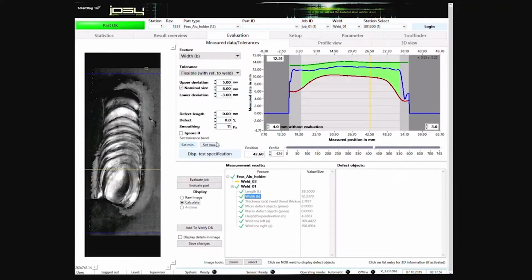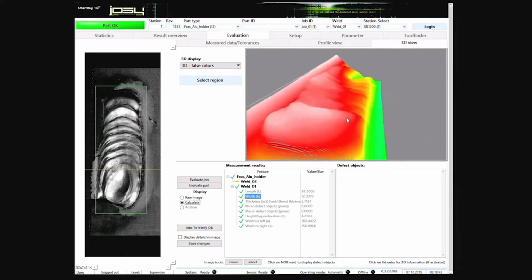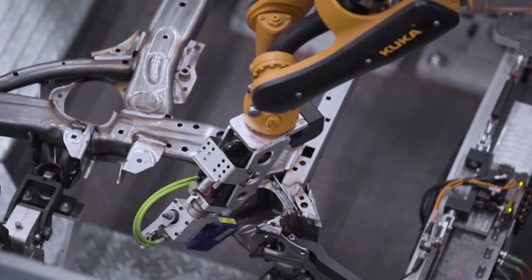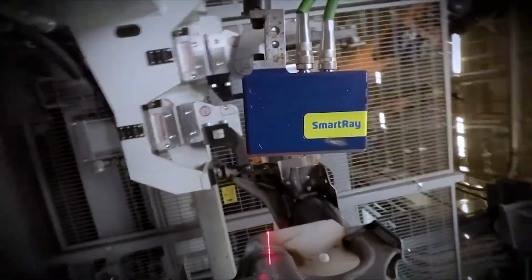Being able to record data around missing welds, shape, length, throat thickness, and porosity will help to narrow down which aspects of the production process are weakest. With an automated 3D weld inspection system, you can find the problem welds that manual weld inspection could have missed, meaning recalls and scrapped parts will be reduced if not eliminated altogether.